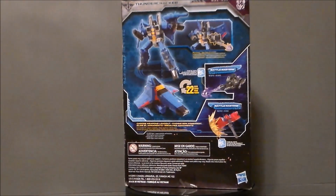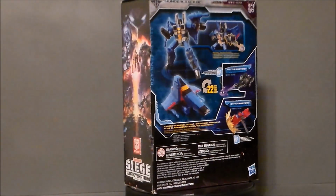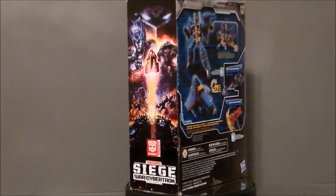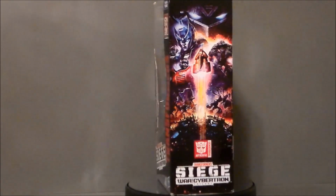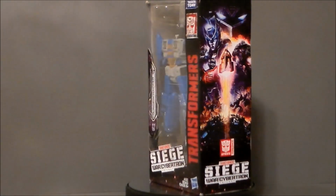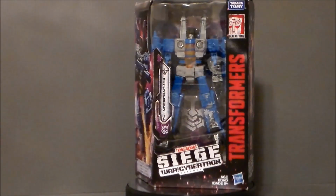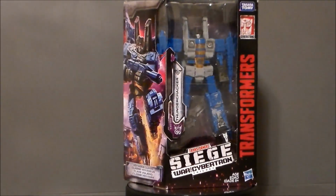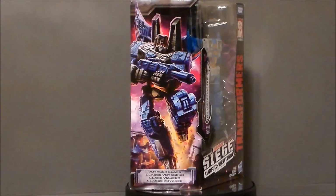I'd seen one over in Center Grove, and I passed on it, and I kind of regretted passing on it, and then they had two of them over at the Greenwood Walmart, so I went ahead and picked them up, and now they're both gone. So I'm glad I picked him up. I love the Seekers. Love this mold for the Seekers. Very cool, very fun, and yeah, let's just go ahead and jump in there and take a look at the